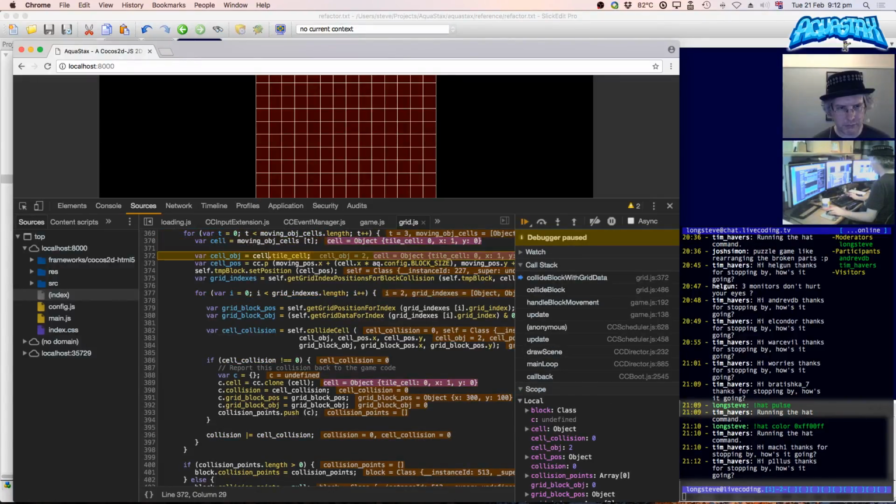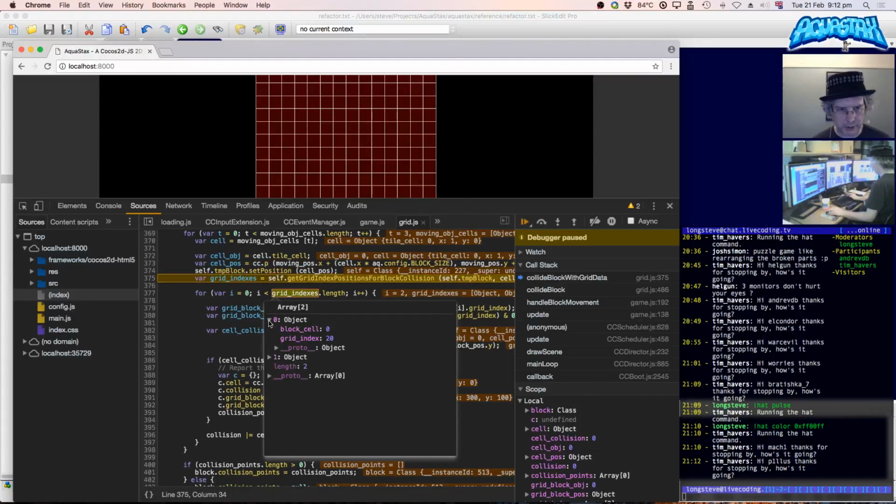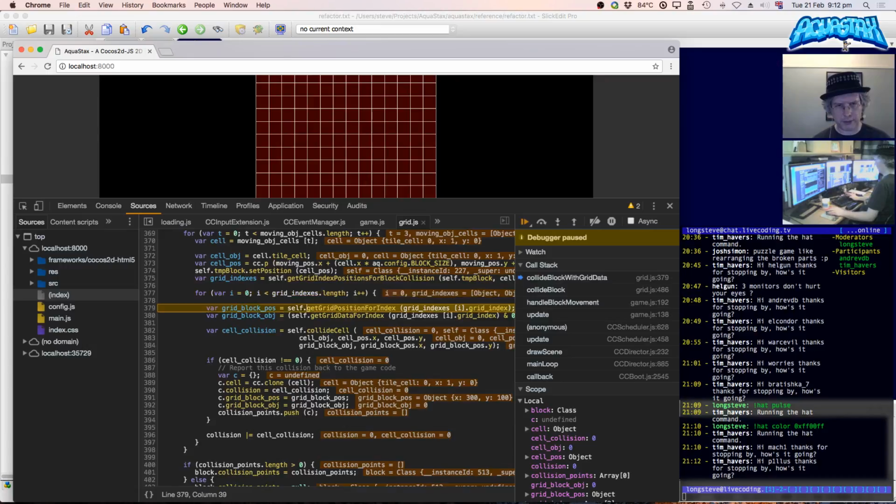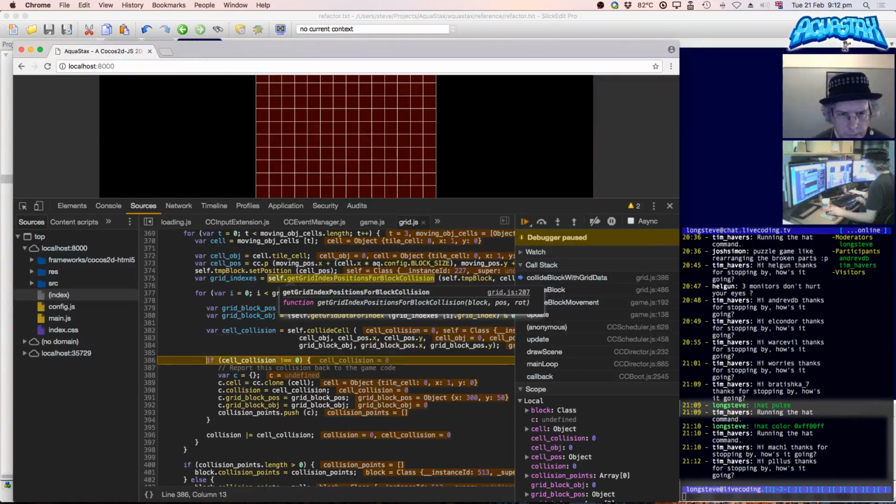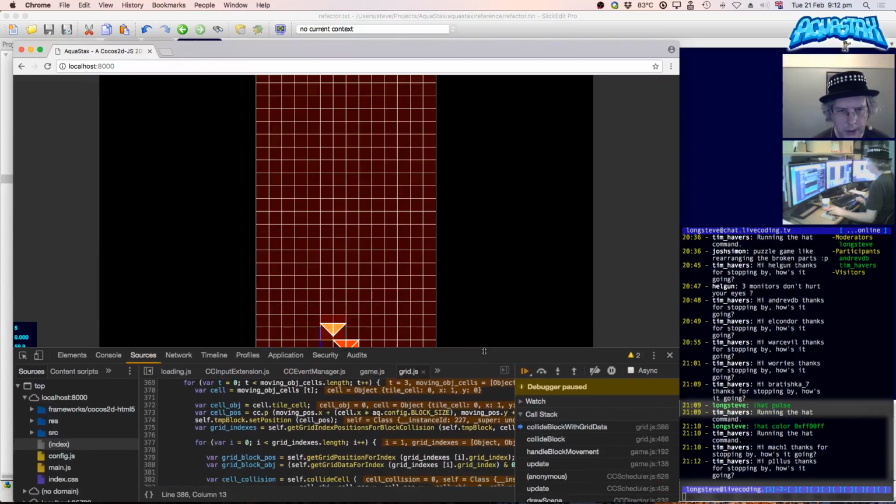The last one through. So grid indices, what do we have here? Block cell. Oh, block cell -1. Where did block cell -1 come from? That doesn't sound right. Grid positions for block collision. Okay. So interestingly,